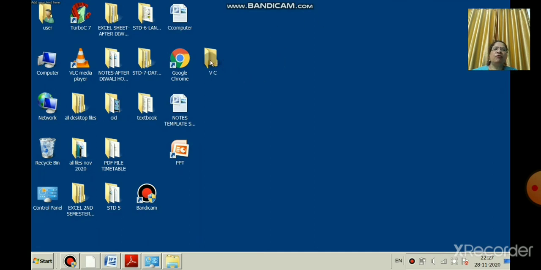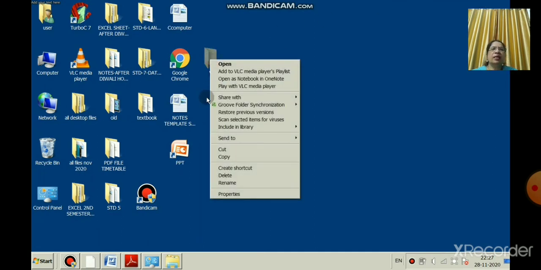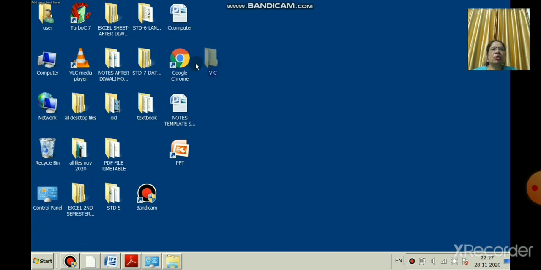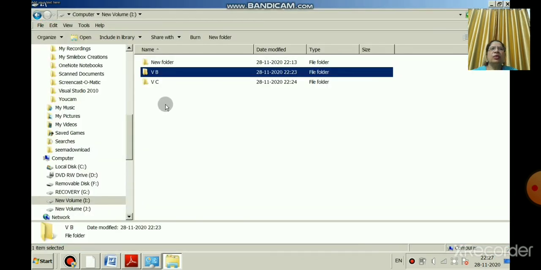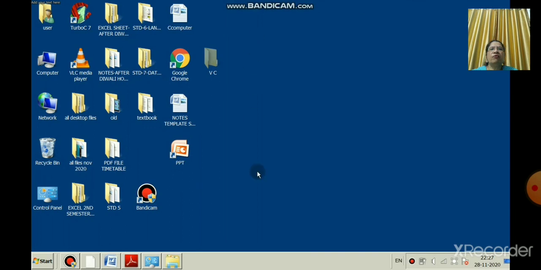Same thing now with the 5th C folder: right click and cut. I am giving a cut, moving the folder. So I am selecting the cut option. Again I will go to a different drive now. In the desktop, in the 5th standard, the 5th folder is there down.